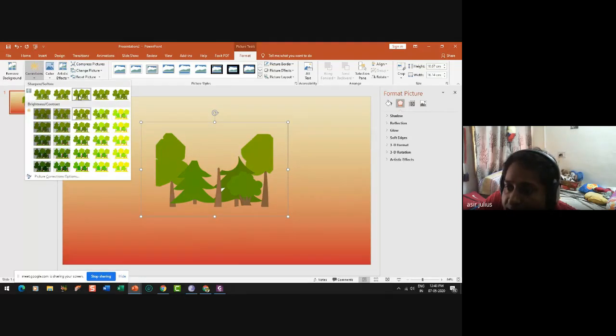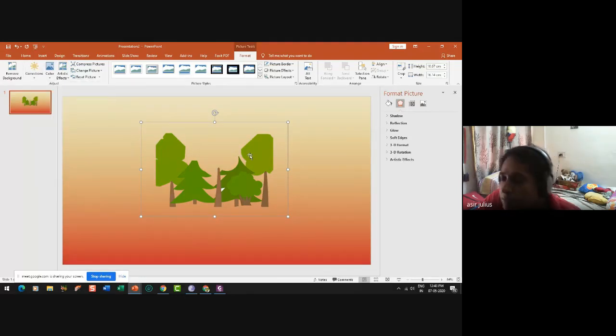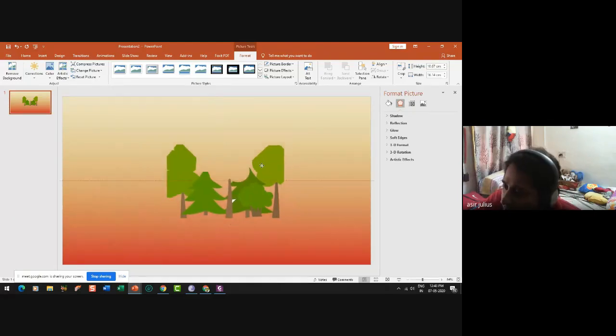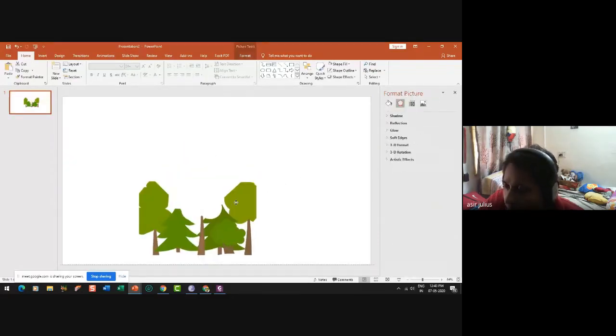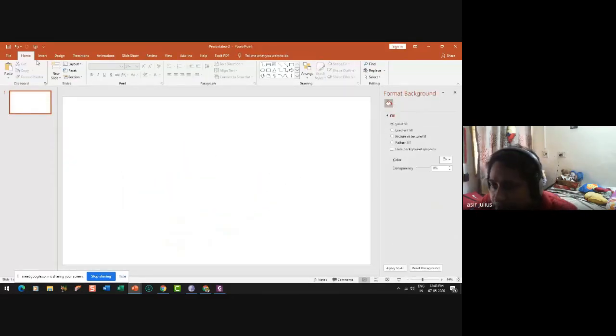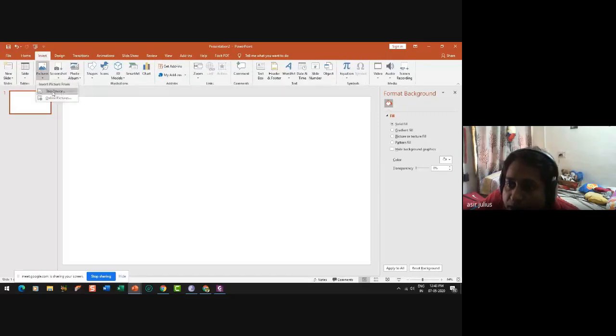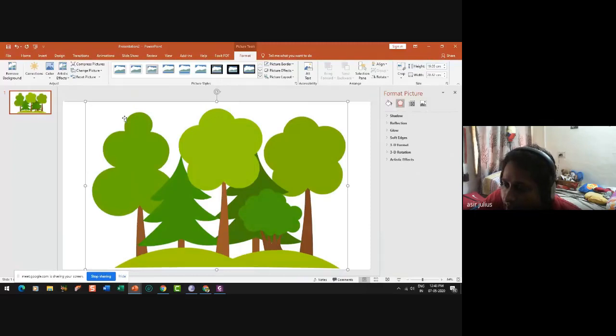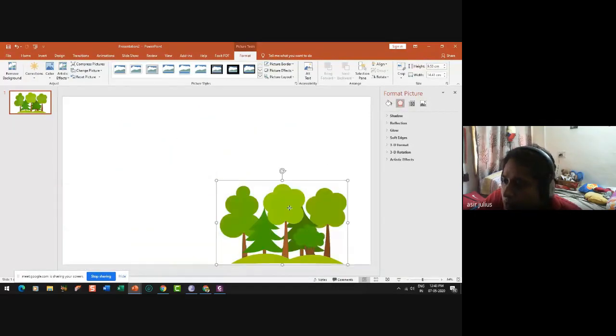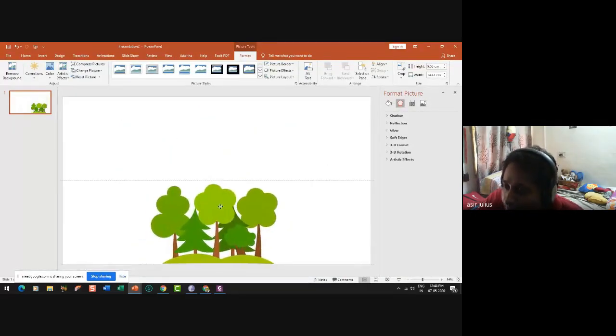These are all presets available. I think it's better to remove the background of this. So I'm going to the solid color. Let it be white. Let the picture which I have taken previously work nicely. I am going here. I have taken it. Okay. Now we have a base picture.